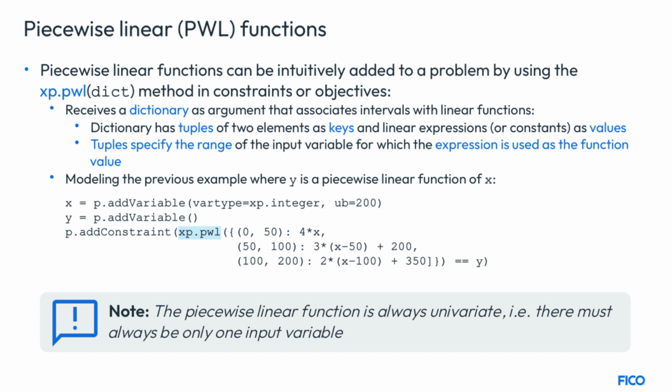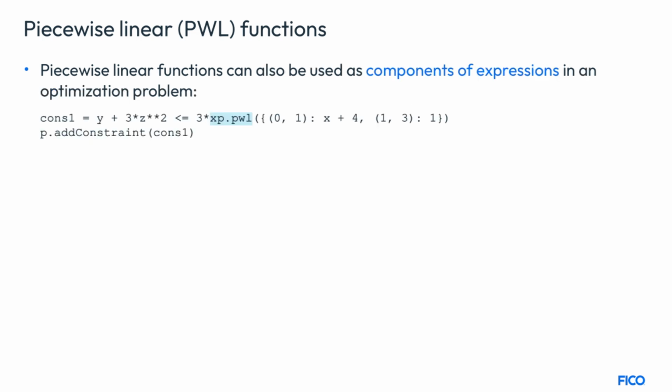Modeling the previous discount example, the xp.pwl method is used to model the cost function by passing it a dictionary with the intended intervals as keys, and the calculated function expression as values. The cost variable y is then constrained to be at least the value of the piecewise linear function via the p.add_constraint method. You can also use xp.pwl when defining constraint expressions and objects, such as in the quadratic constraint example